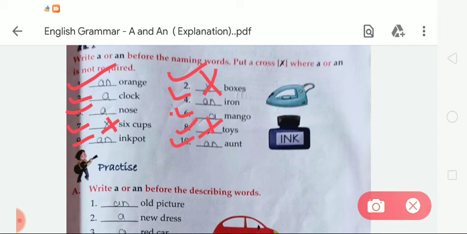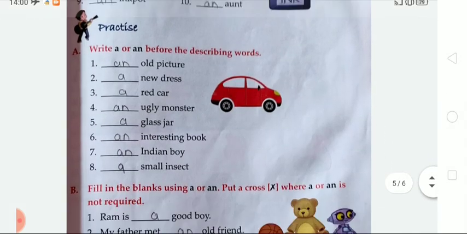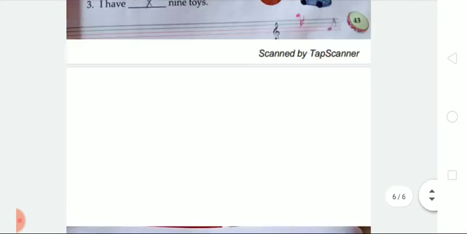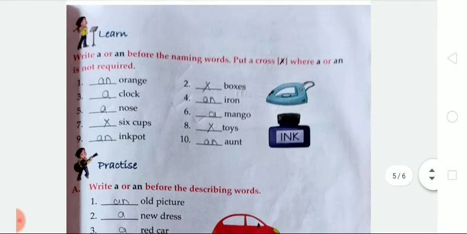Okay students, like this we have to complete this exercise. Now moving to the next exercise. So what will we do in this next exercise? So students,